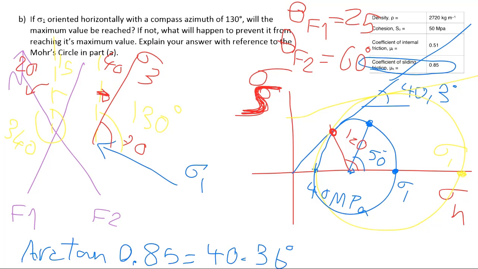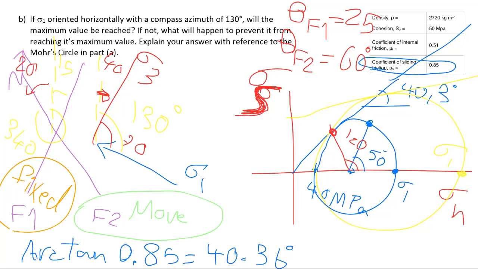So F1 is fixed. It's not going to have any movement, and F2 is going to have some movement on it. All right, so by saying that, we are at the end of this